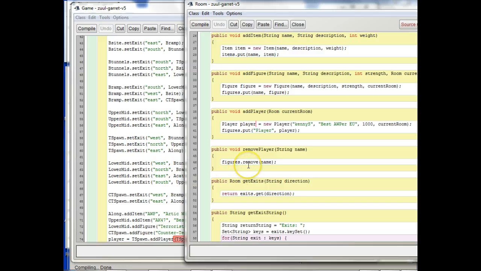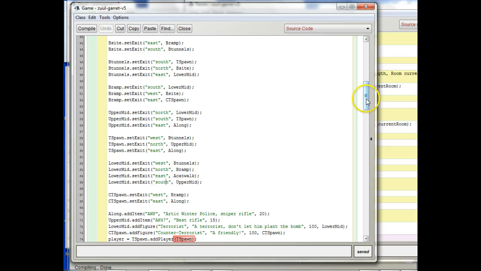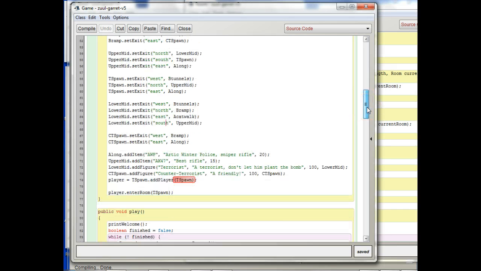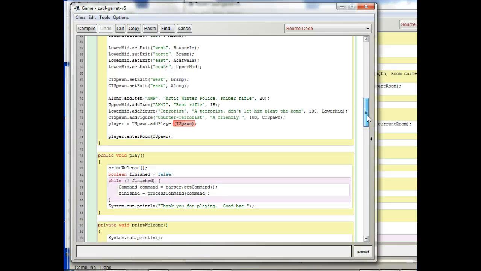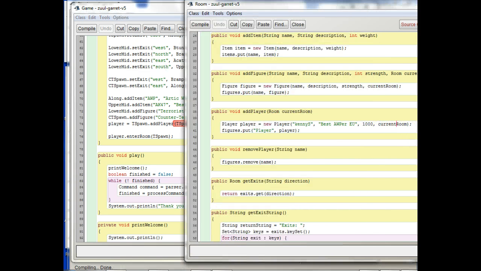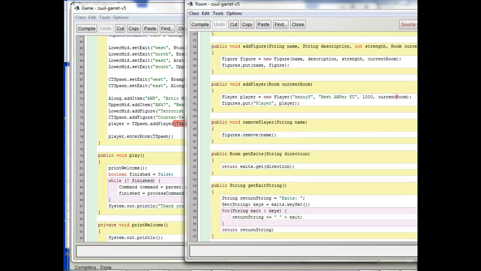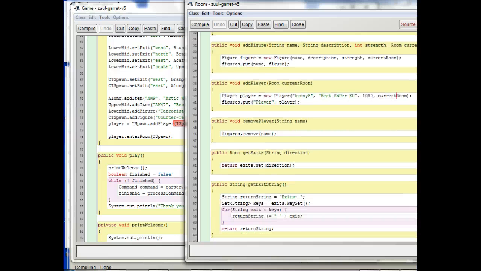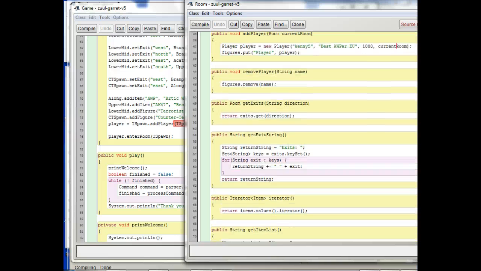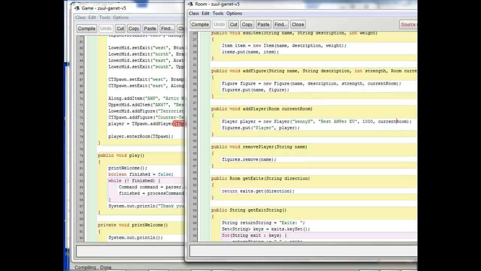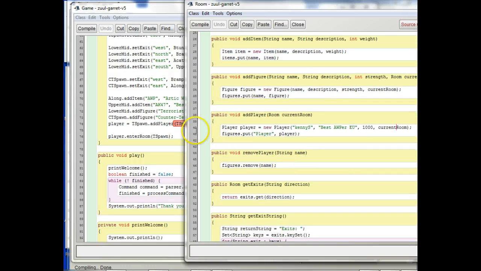It seems to me like you're getting kind of over involved with your links between player and room. I can see why a player would want to know what room it's in, but I don't see why a room needs to know what player is in it. I think the way I would handle this is I would take this